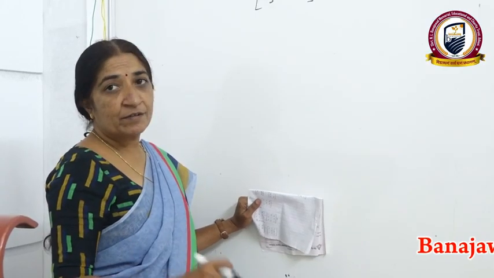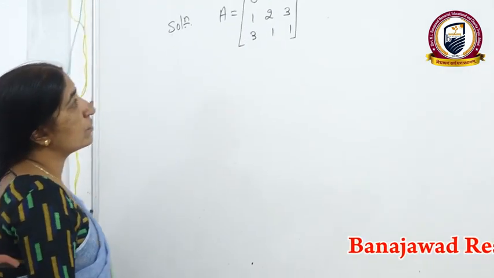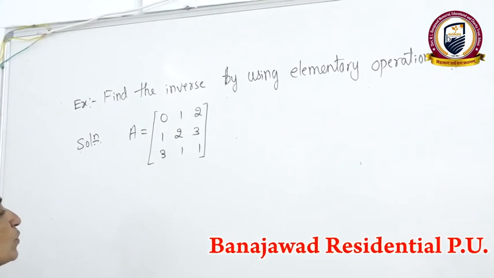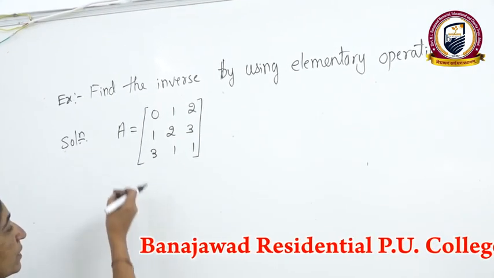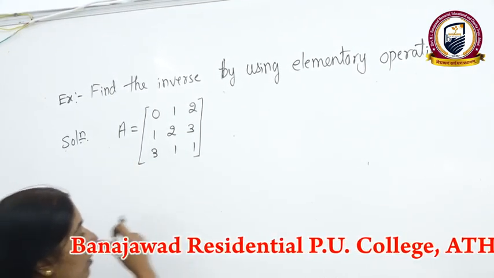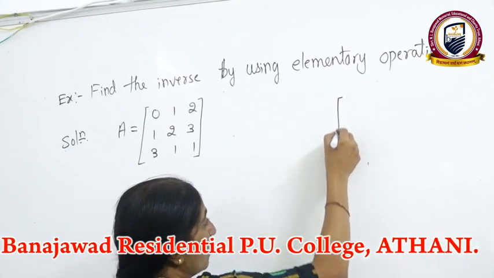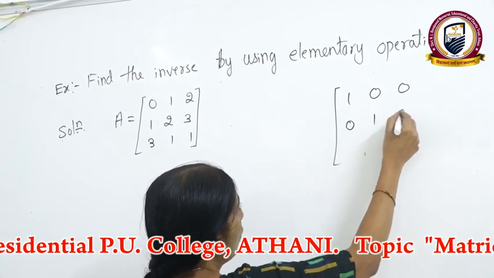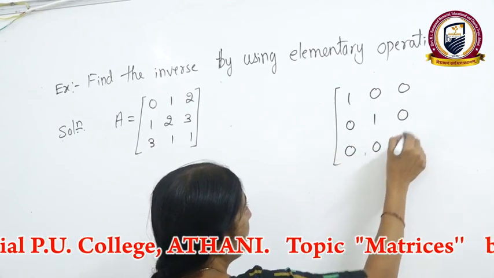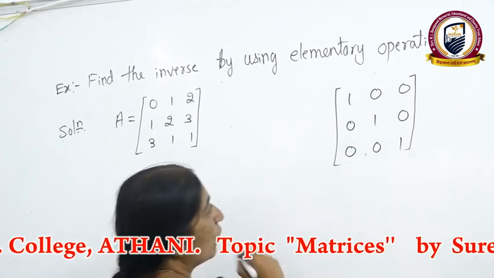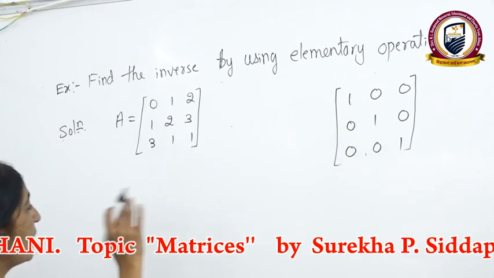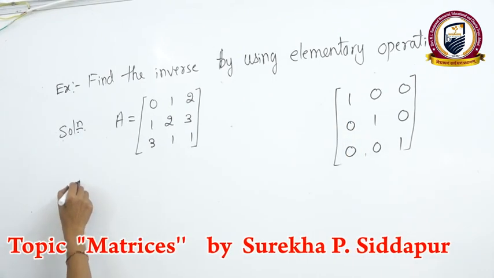So you are familiar with finding the inverse of a matrix of order 2. Now I am explaining one example of order 3. For that also, on the side, write the reference. You have to write the identity matrix of order 3. So here again, same as it is. The first step will be the same.